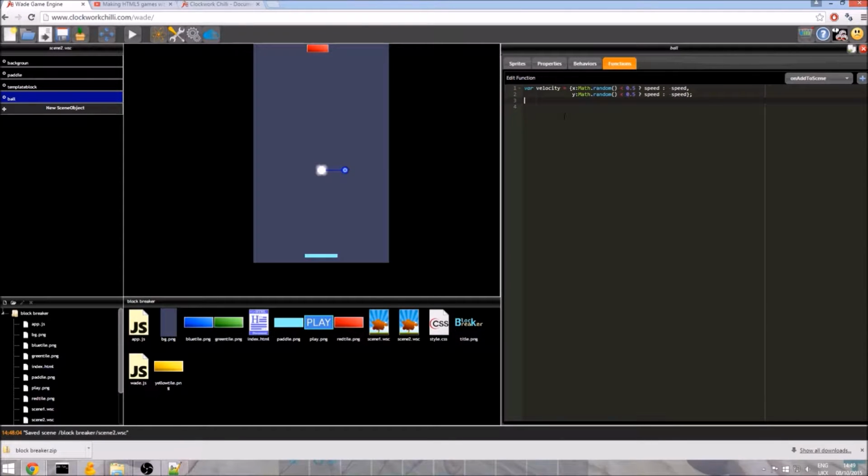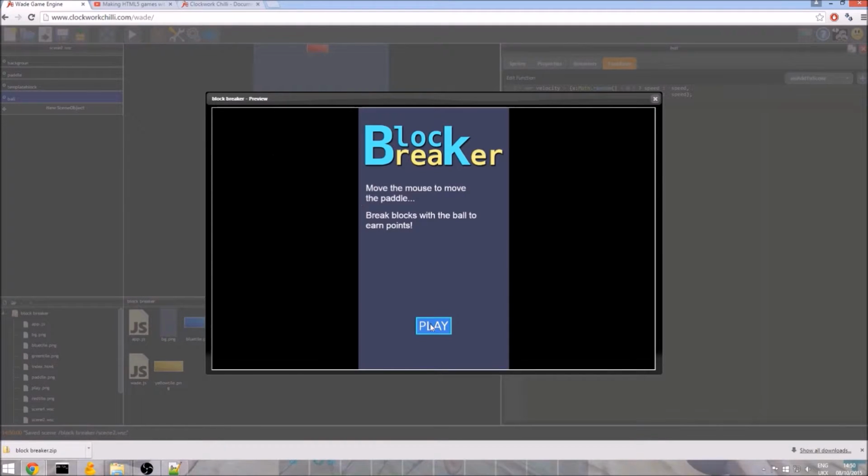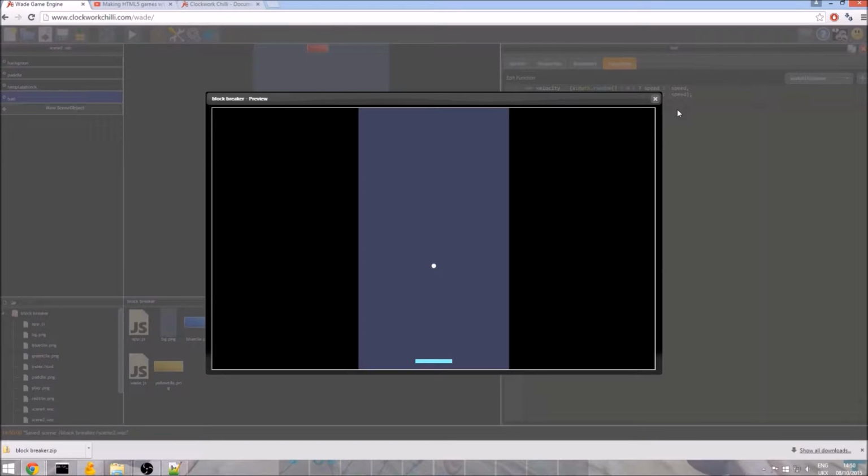I'm just removing these spaces. There we go. So we can do this.setVelocity, and velocity takes a vector quite nicely. We just do velocity. And I believe that might be all we have to do there to make the ball move. So we'll just try running our program. Click play. Ah, the ball does not move.